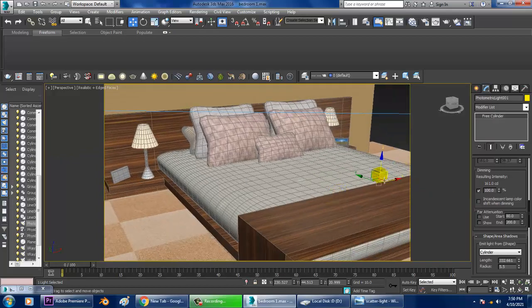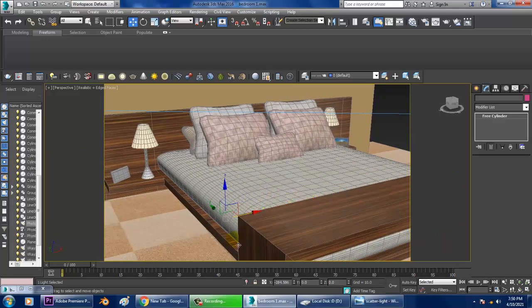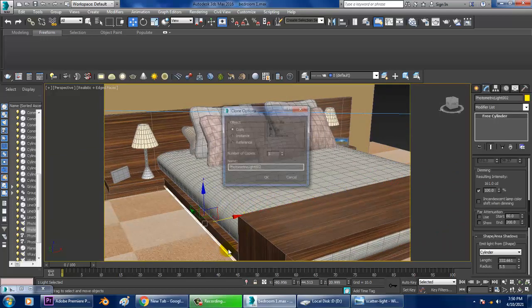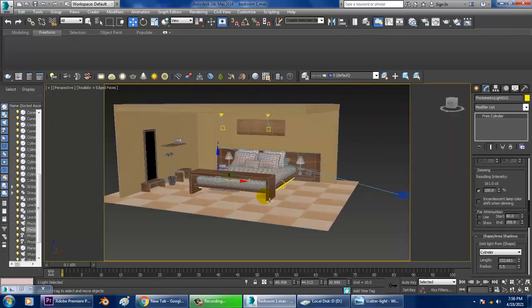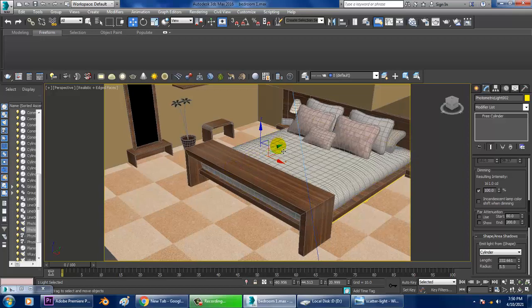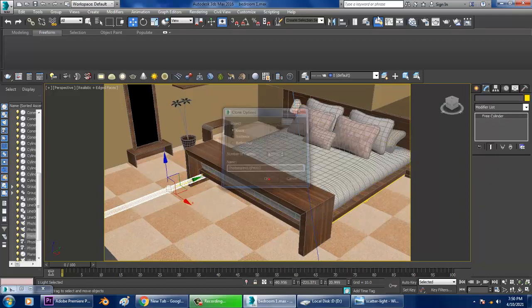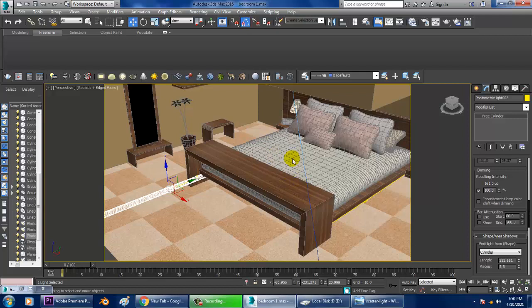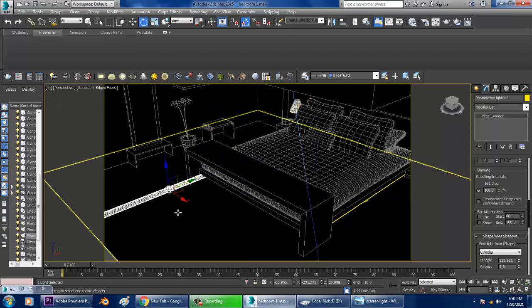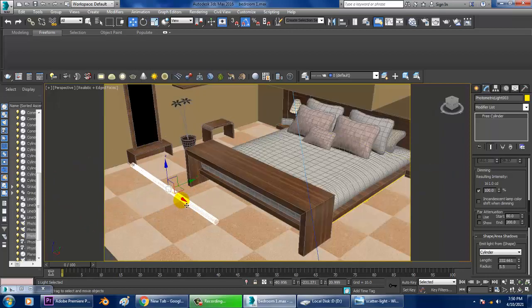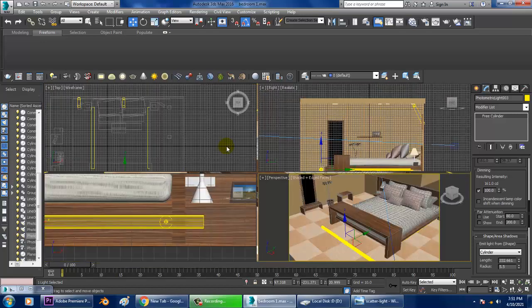So I'll just select this light, I'll shift this light, and I'll slightly make a duplicate of this particular light over here. I'll again copy this, and let's just set to 90°, rotate it. I'll just make this as shaded, so won't take much time.